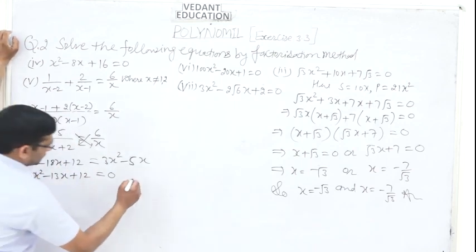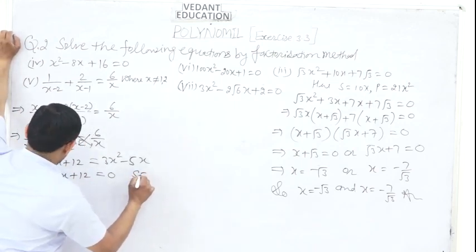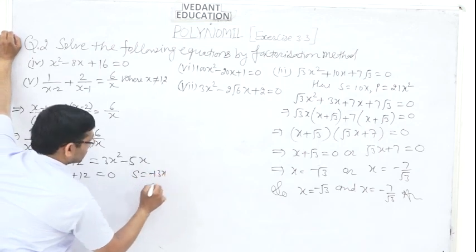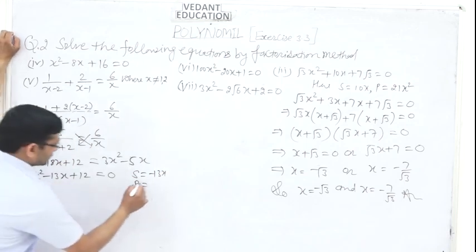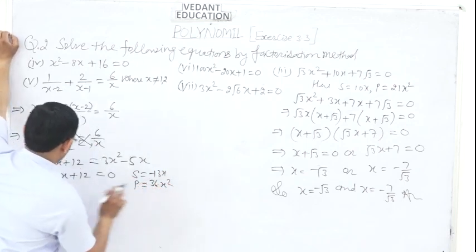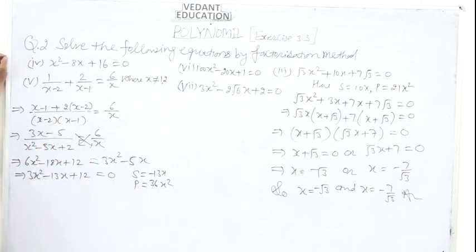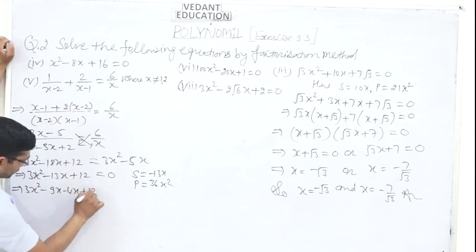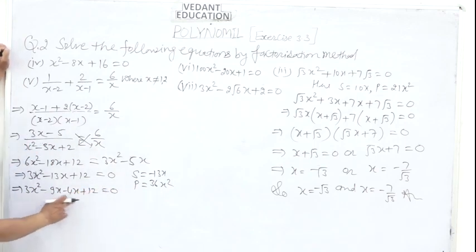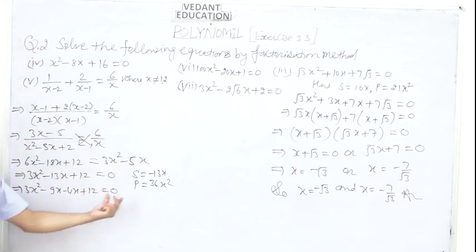Again here we see that sum is minus 13x and product is 36x square. So we write 3x square minus 9x minus 4x plus 12 is equal to 0. Minus 9x minus 4x is minus 13x, and multiplication is